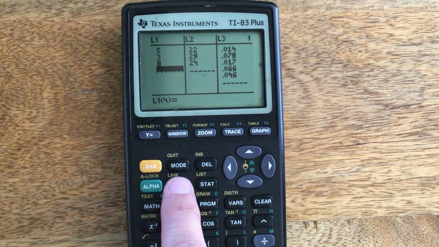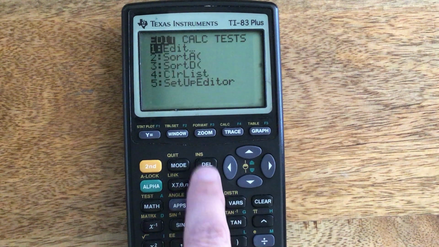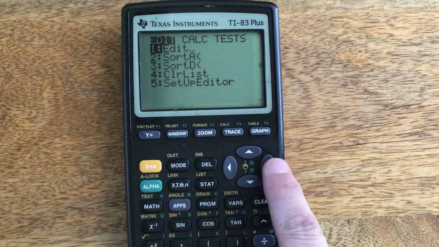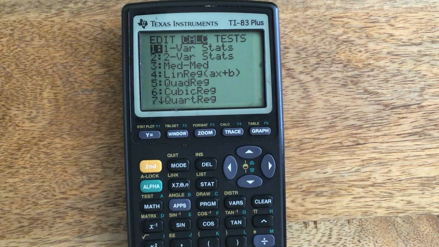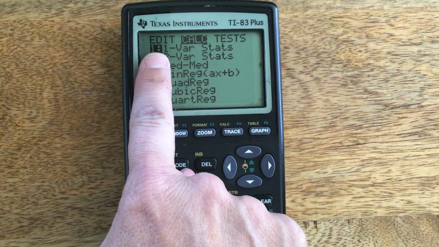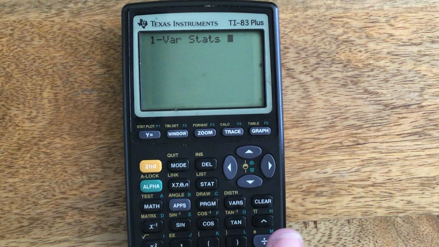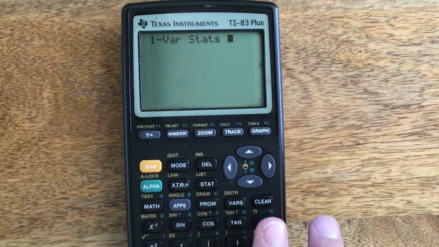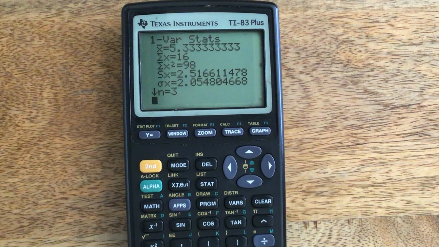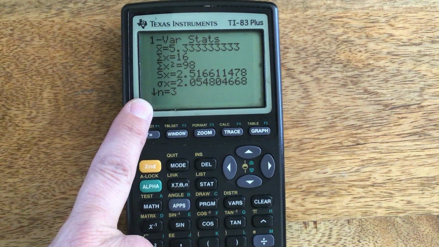So now to calculate the values I want, I'm going to hit the Stat button again, but instead of editing my list, I'm ready to calculate my data. So I'm going to arrow over once to calculate, and I'm going to be working with one variable statistics, so since the one is already highlighted, I can go ahead and hit enter. Now with the TI-83 Plus, you actually don't have to state which list you want. You can go ahead and hit enter, and you'll get the data for your set in list 1 as a